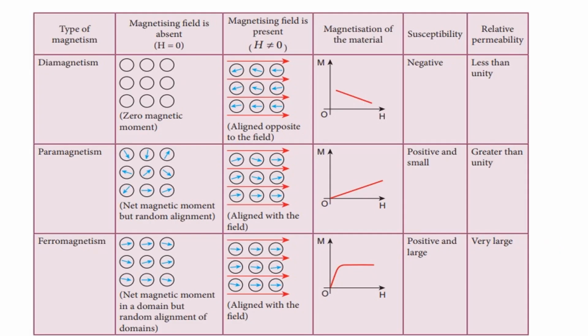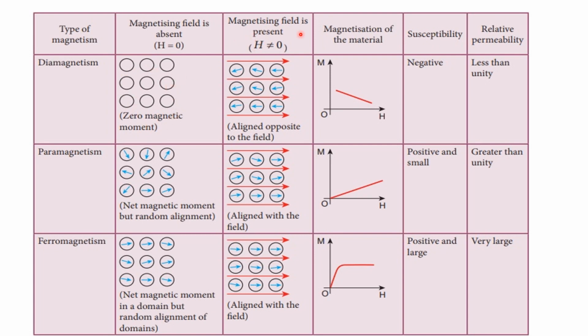Now you can see the types of magnetism, then the magnetizing field when the magnetic field is not there and when the magnetic field is present, then the magnetization of the material, how it can be drawn, then susceptibility, then relative permeability, the very important parameters. So if you take the case of diamagnetism, then